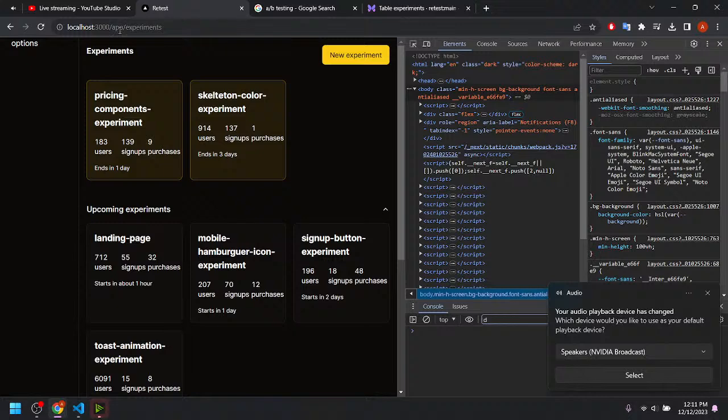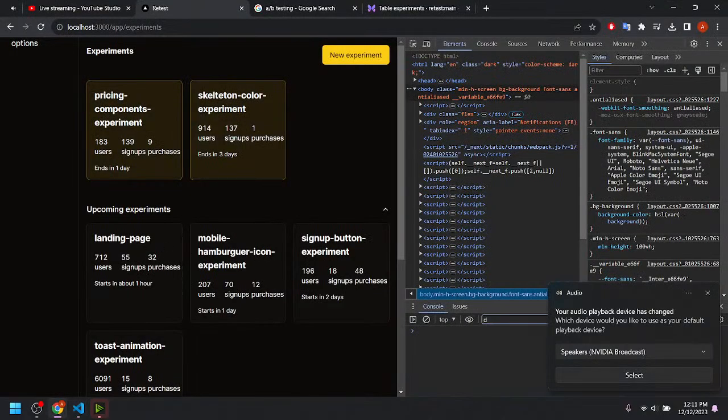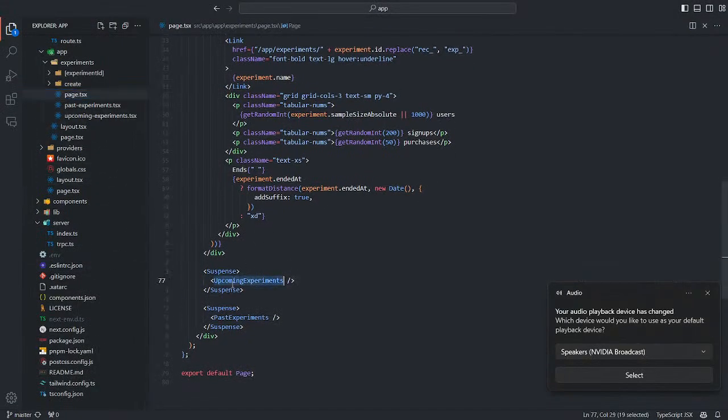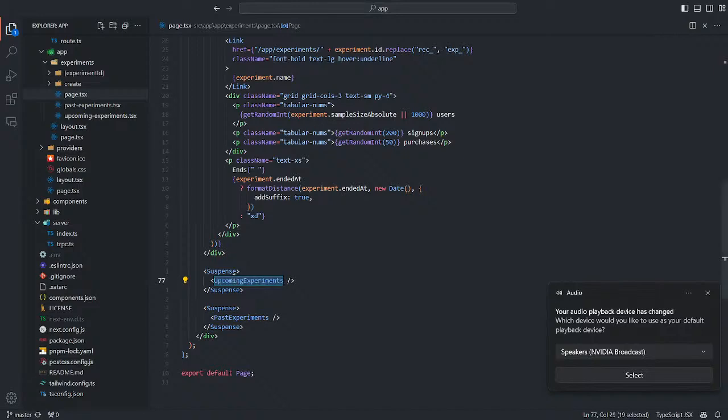So we are in the app/experiments route, app experiments page, and we have our landing page upcoming events component that is referenced here, and it is wrapped by a Suspense component, so we can fetch them server side. In the future, I'm considering switching that to client components and fetching the experiments client side with gRPC, but for now it is server rendered.